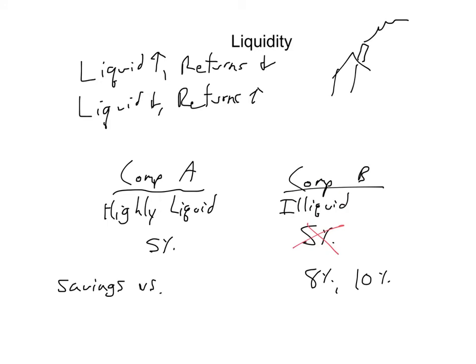Okay, you can really see this dynamic at work when it comes to savings accounts versus checking accounts. Okay, checking accounts pay no interest. Savings accounts pay some. Okay, because savings accounts have low liquidity, they're going to pay out a little bit higher rate of return as opposed to checking accounts, which pay no rate of return and are very liquid.